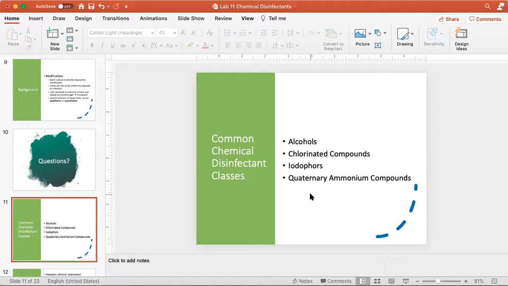If I were preparing this material for a test, that's what I would do. Just put them into a chart so you can quickly make comparisons between them in terms of what they do and how effective they are and what their limitations are. Does anybody have any questions about these chemicals?